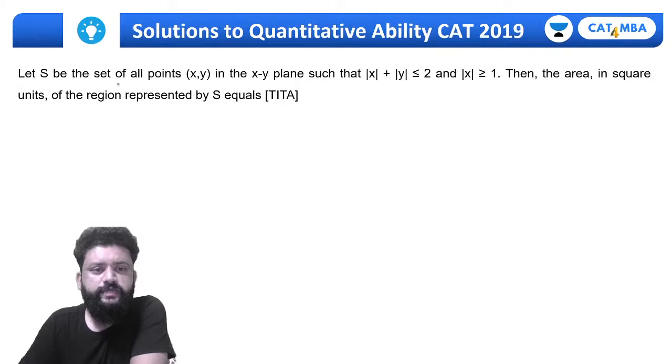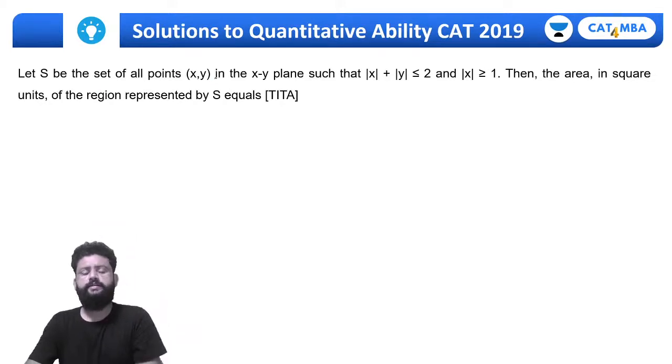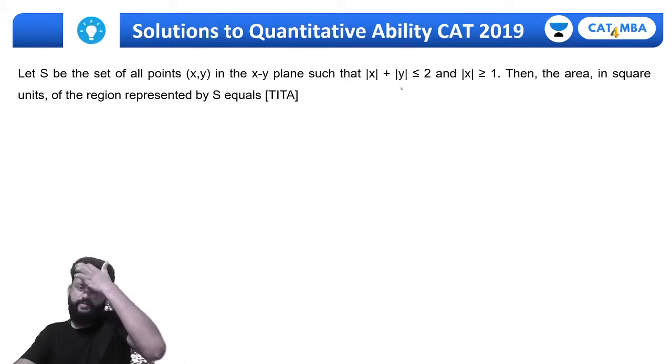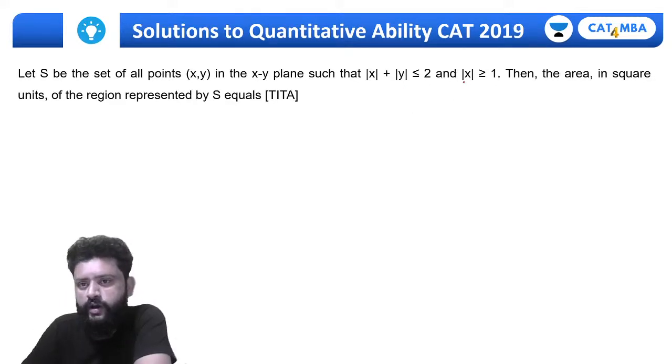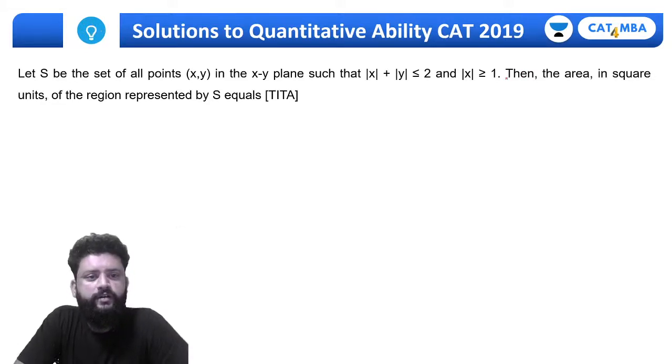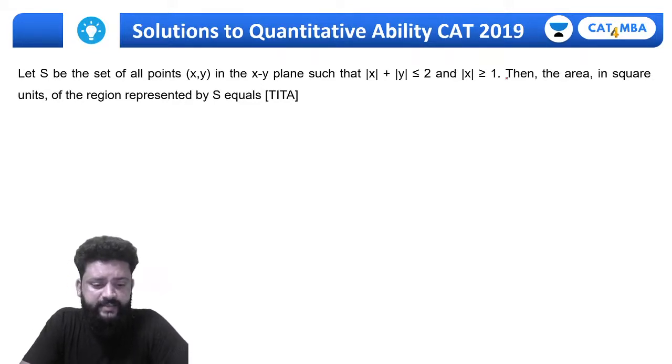Okay, so let S be the set of all the points xy in the xy plane, such that mod of x plus mod of y is less than 2. First thing, mod of x plus mod of y is less than 2, mod x is greater than 1, and okay, mod x is greater than 1, then the area in square units of the region represented by S equals to,